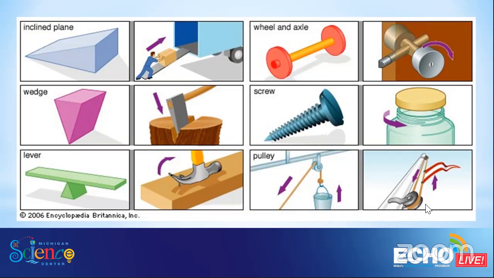Same thing works with a flagpole, right? By pulling down on the rope, we lift up on the flag and can raise it really high. When we're ready to bring it back down, we can pull back down on the rope, and it works as a system. So we've talked about our 6 types of simple machines,